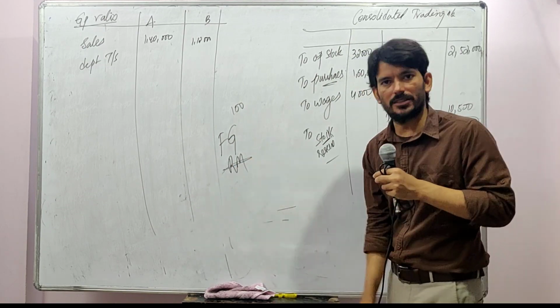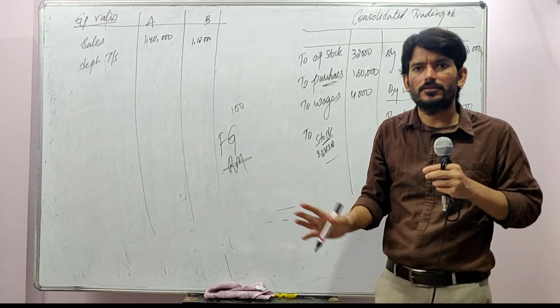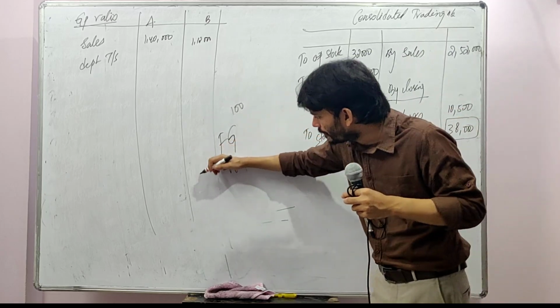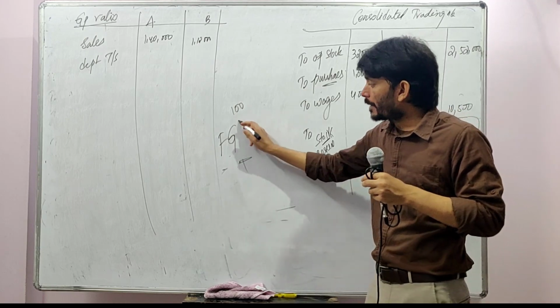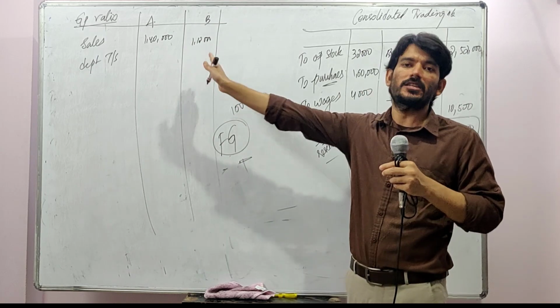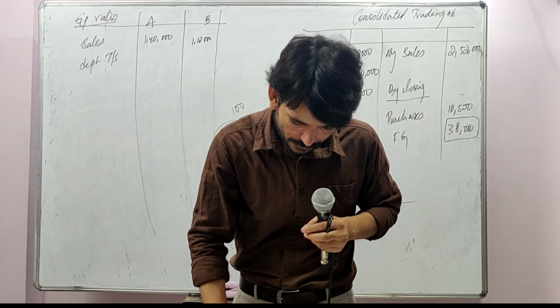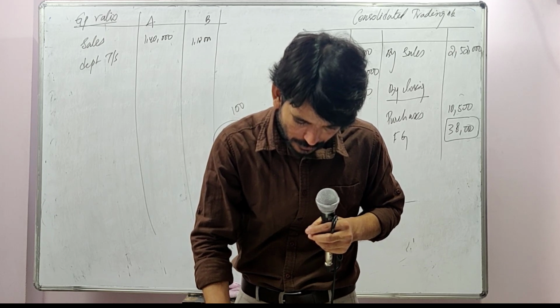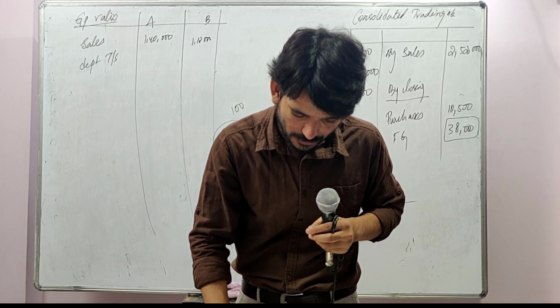We have no issue with this because I am purchasing for 100, I am selling it to you for 100. There is no stock reserve, right? So you eliminate this. Even for the gross profit ratio, there is no profit, only that. When I am transferring finished goods, that you take it as my sale, as if it is a sale. Okay. So what is the question you see? At the start, they are given purchased goods transferred, finished goods transferred. A is transferring 35, B is transferring 40.